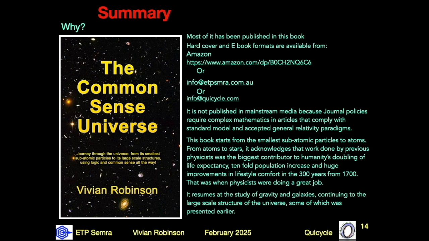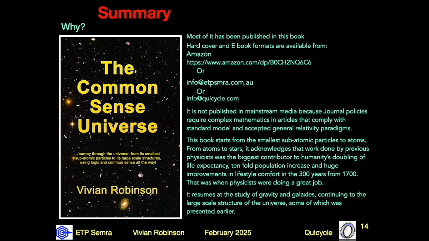Well into the 21st century, you can write a paper that uses known physical principles and easy to understand mathematics to describe every aspect of gravity. It includes how mass alters the property of space that generates gravity, how gravity converts mass to weight, why it affects particles, antiparticles, and photons the same, and anything else you want to know about gravity. A typical journal response could be along the lines, well, it is well written and it offers a good explanation, but it is not standard model paradigm, so we can't publish it.